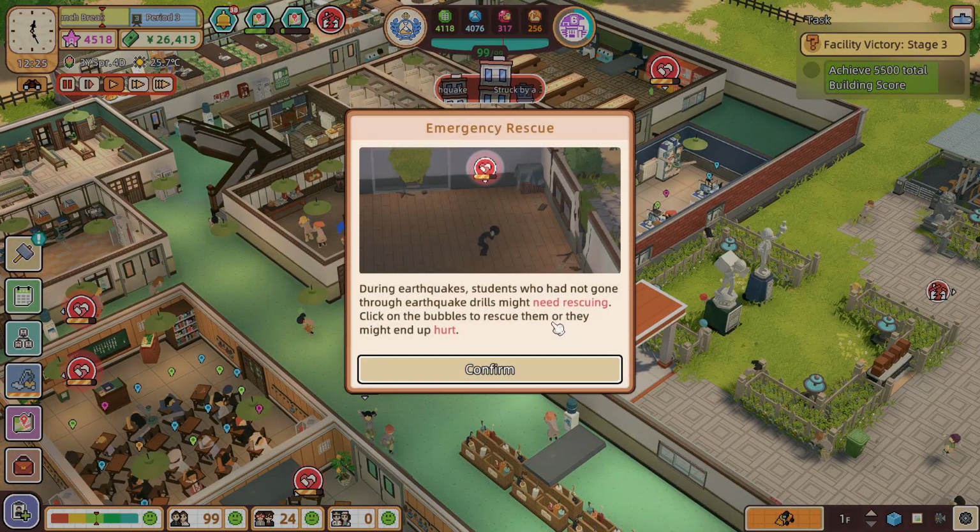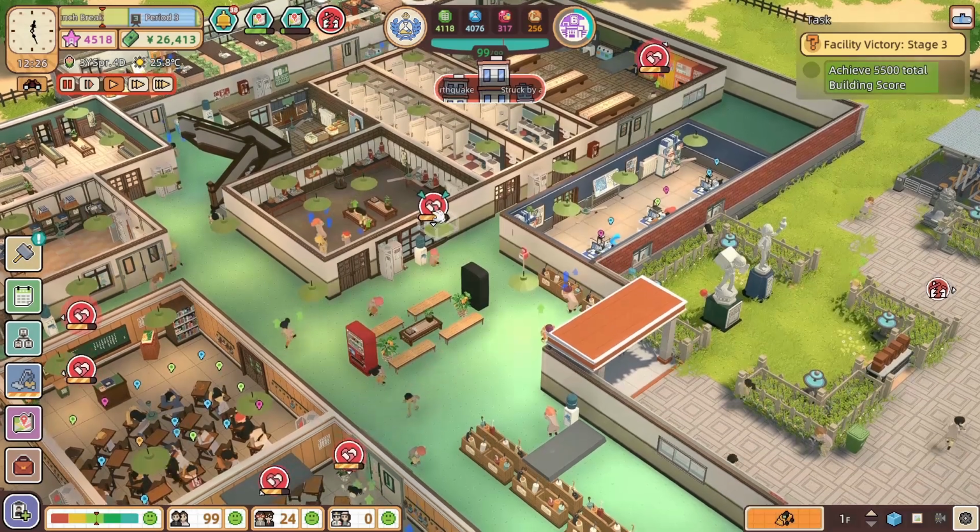Okay, during earthquakes, students who had not gone through earthquake drills might need rescuing. Click on the bubbles to rescue them, or they might end up hurt. Oh, hang on. We have to...